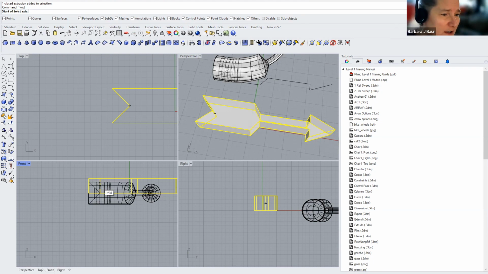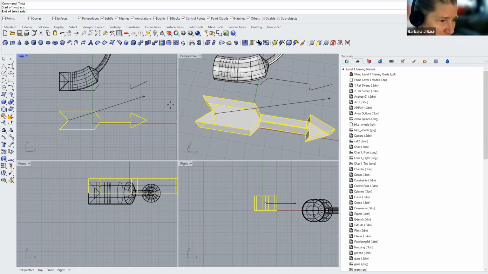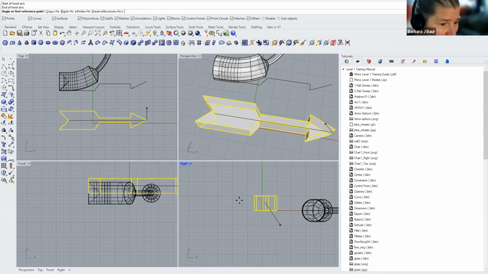So I'm going to click right there, and I'm going to hold down the shift key in the top viewport until I get to the end. And I can see in the right viewport that that line is straight because it only looks like a dot. And you can see in the front viewport, it looks like it goes out level. So I'm going to click. And now here in the twist, I just made the axis for what it's going to twist